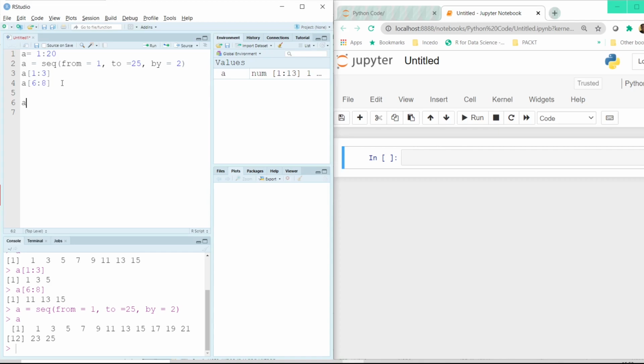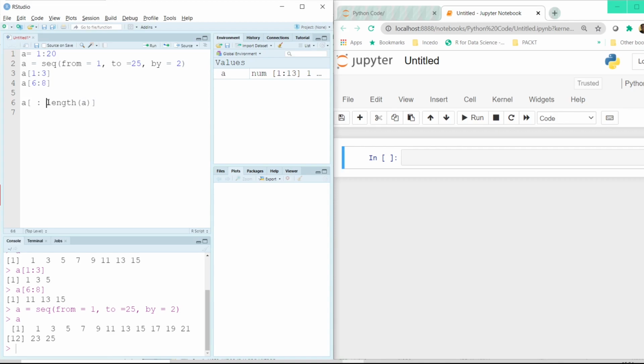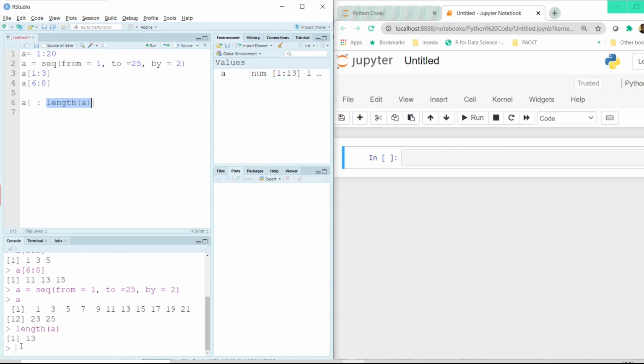But the way we do that is we select A and let me go to the from element a little later. I put a colon operator and now I want to go up to the last element, which is length of A, because if I just select this particular length of A function and I click on run button, it says 13. So I want the number to be printed up to 13. So 13 is fine. Now what do I put over here? Here I'll be putting a number which is 2 less than the length of A, isn't it?